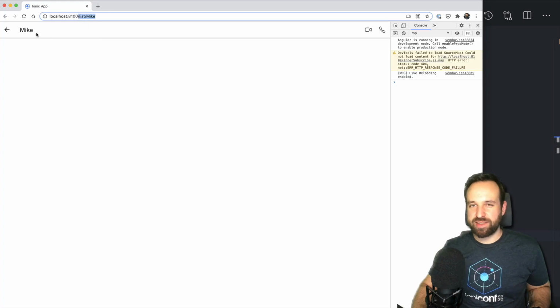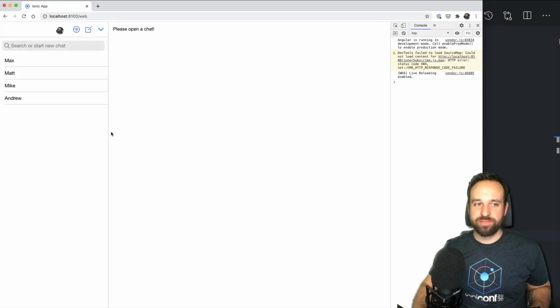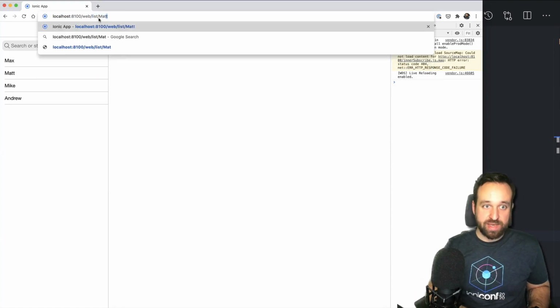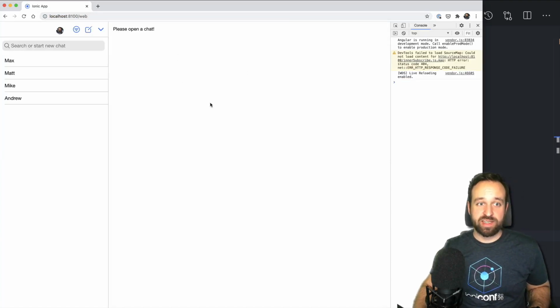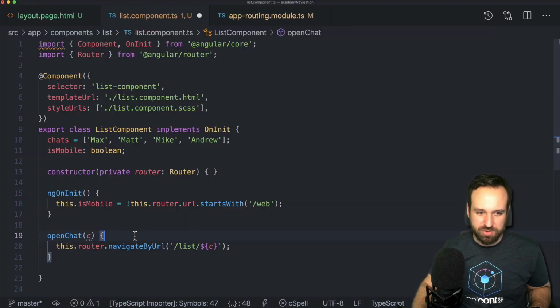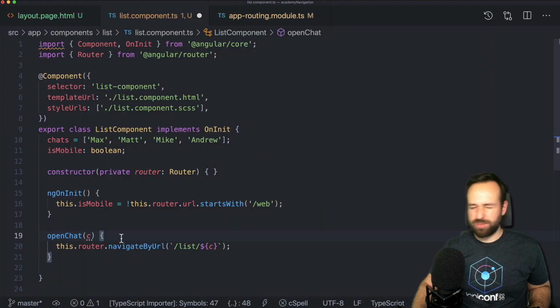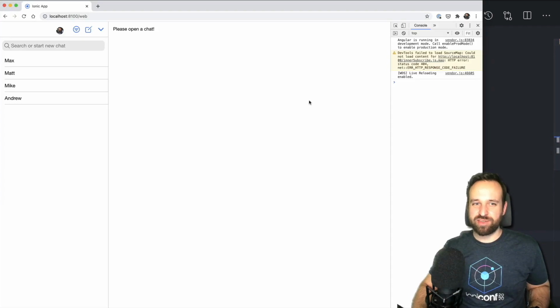We're not inside the split pane navigation anymore. It should be like this, web list met. Then it would, I think, open in here. We will see it. Let's give it a try. But most importantly also, it uses this open animation, which is a push and not setting the root, which we